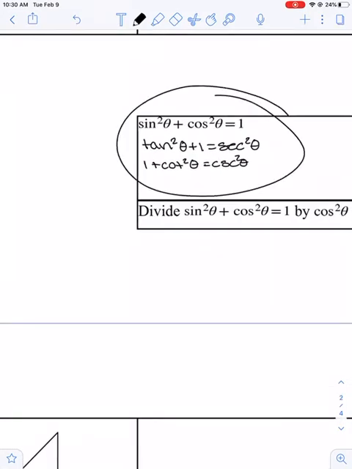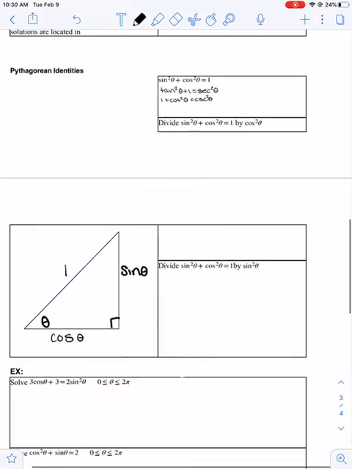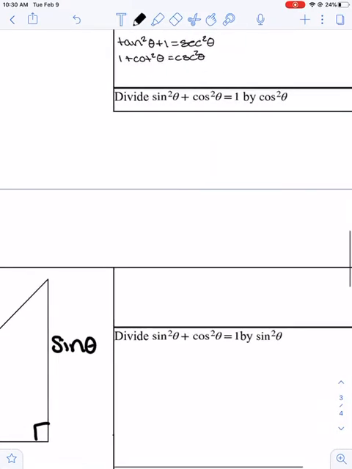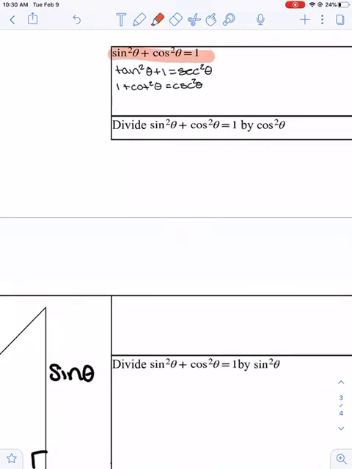Okay, going into our identities, these are things that you're going to want to remember. So these three are important, and then here's the next two. So we're just going back to these are called our Pythagorean identities, and you just get these using the Pythagorean theorem. And so looking at this first one we were given of our identity, I'm going to divide it all